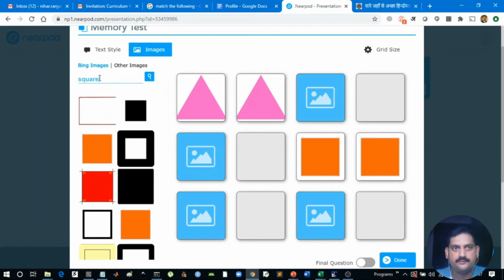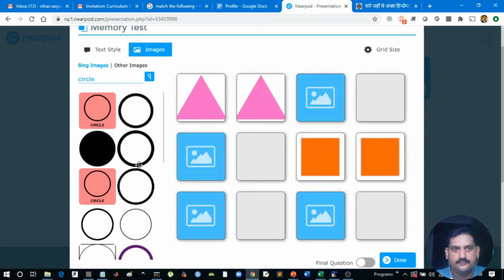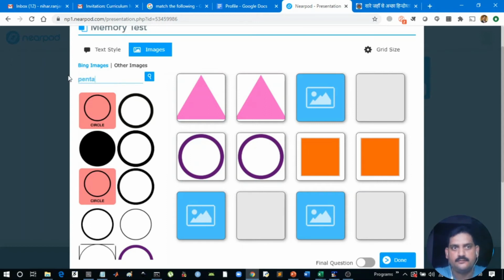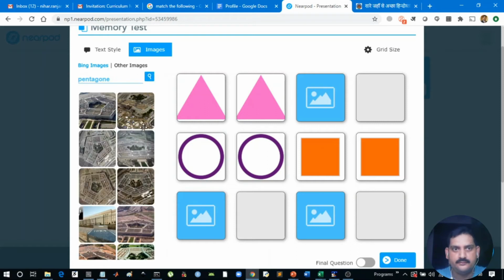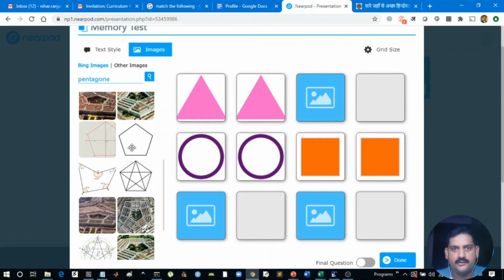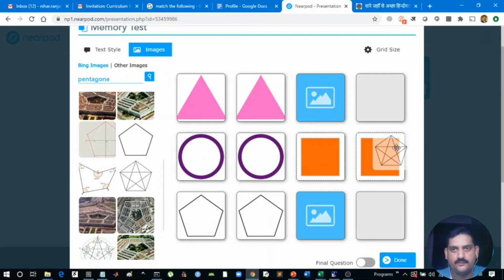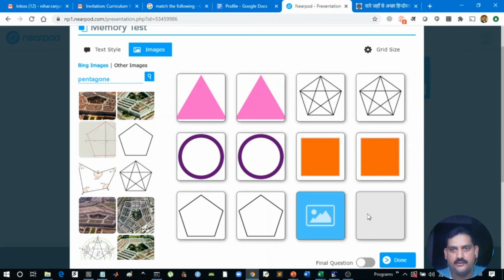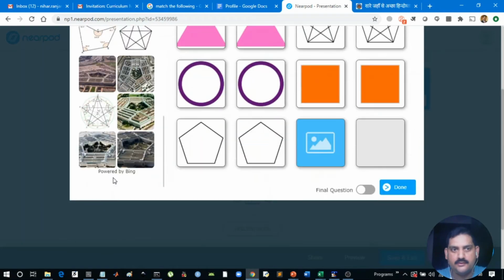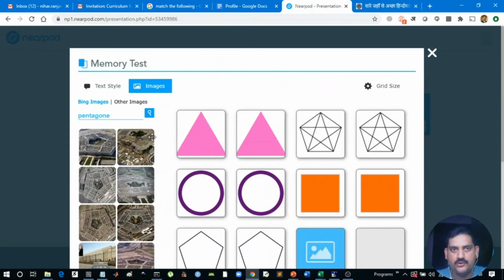Okay. Circle. Okay. Oh, this is something else. Right. So here, which shape is missing?